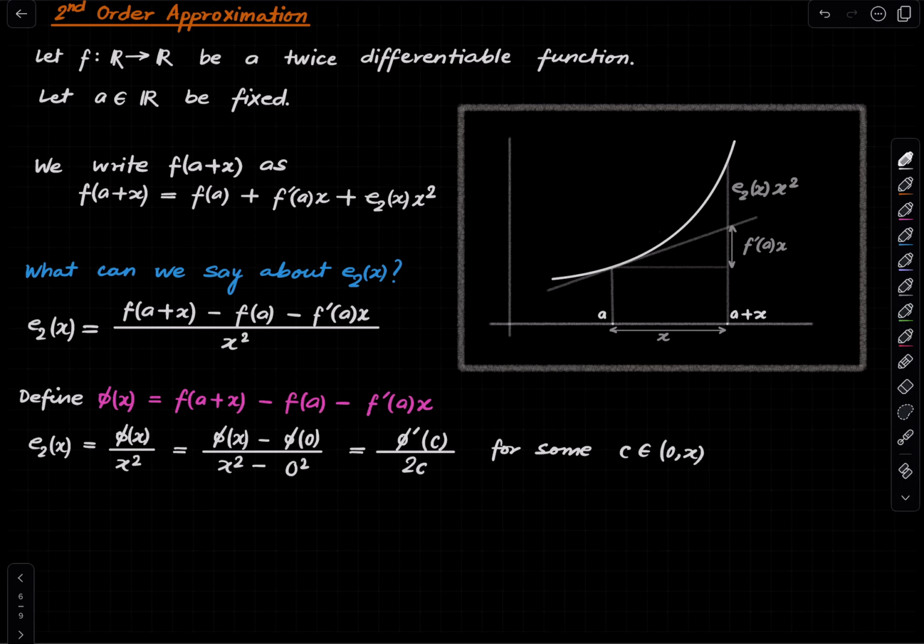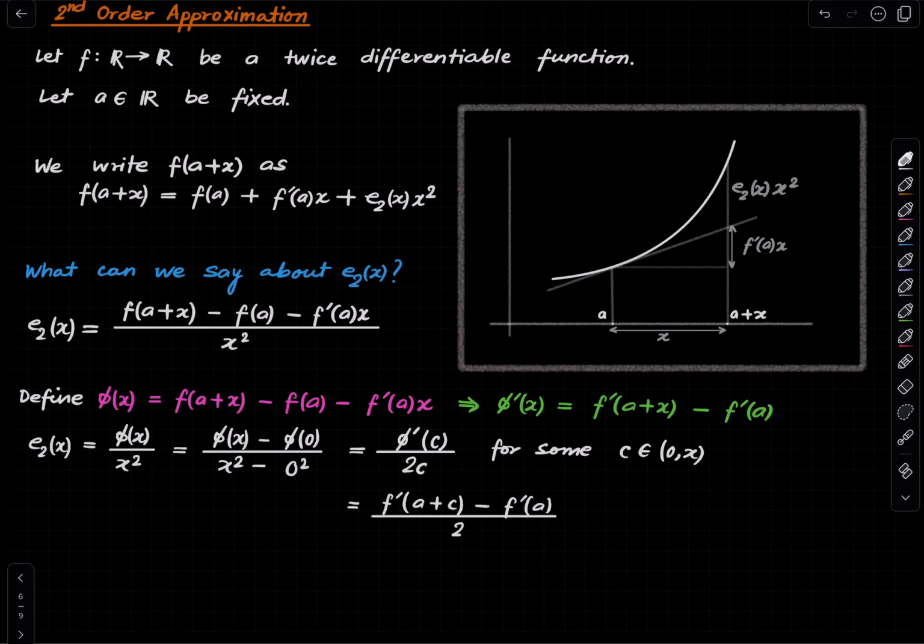Right? So what is phi prime c? Let's calculate phi prime c. By definition, phi prime x is f prime a plus x minus f prime a, all divided by... So phi prime c is nothing but this expression,